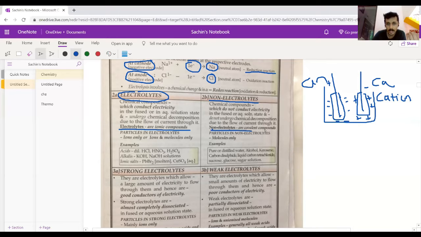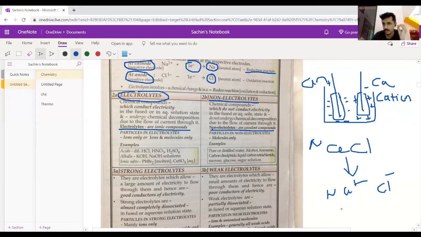And we have seen what an electrolyte and a non-electrolyte are. Now, if an electrolyte is a strong one, there will be only ions. That means if you have NaCl, for example, NaCl has been completely converted into Na plus and Cl minus. Now, can you tell me which is the cation and which is the anion? Pause the video and think for yourself. Yes, this is the cation and this is the anion. This moves to the cathode and this moves to the anode. Perfect. Ions can only be present in an electrolyte if it is a strong electrolyte.